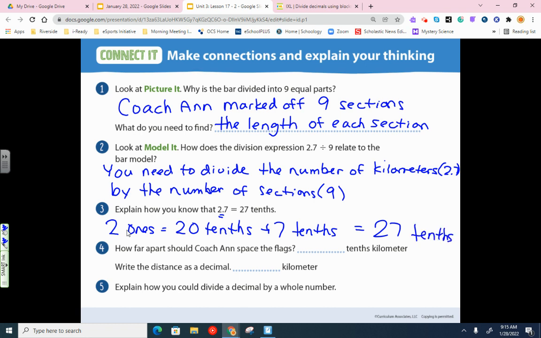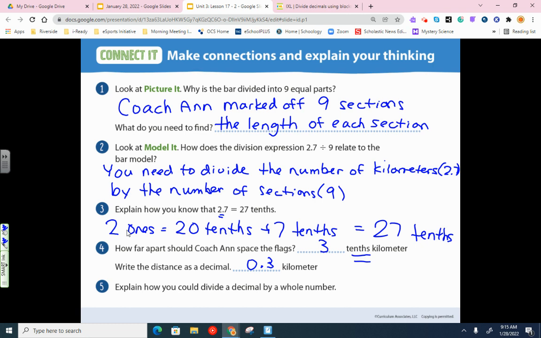How far apart should Coach Ann space the flags? In tenths, the answer is 3/10. So we have this. We express that as a decimal as 0.3. Notice this is 0.3 kilometer, and this is 3/10 kilometer. They're the same exact answer. It's just if you don't put the decimal part, you've got to describe it in words like they did with